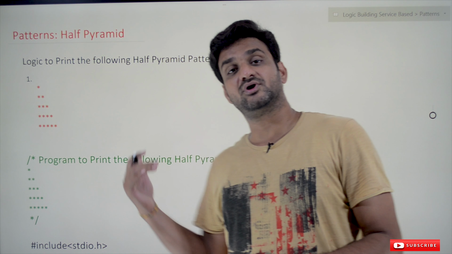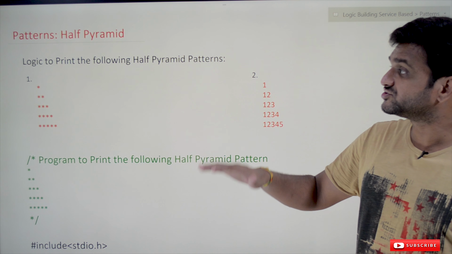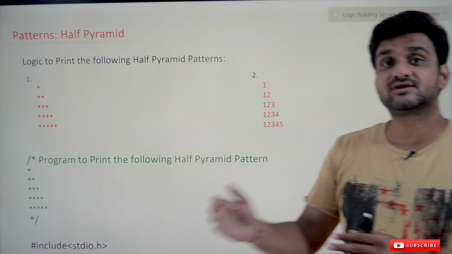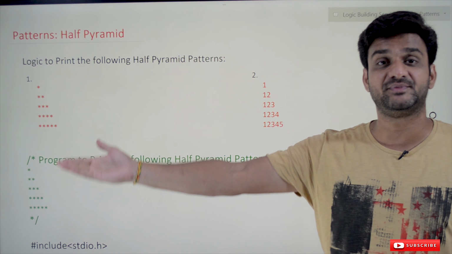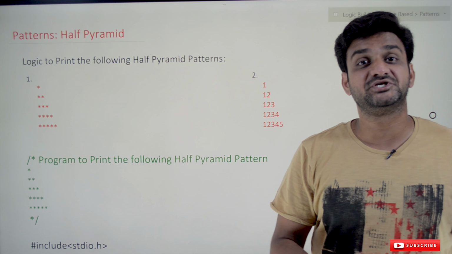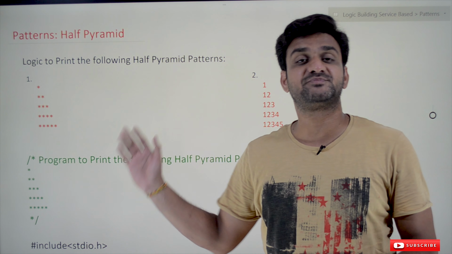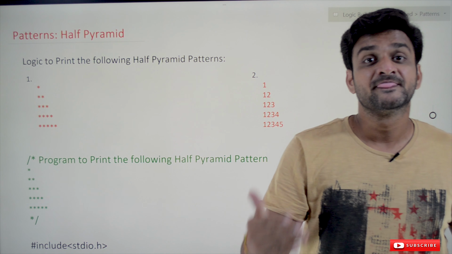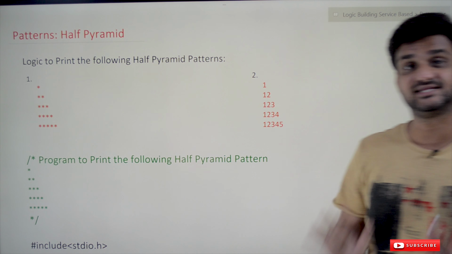So please try to concentrate more on this concept so that you can have a better understanding. We are going to start with the simple half pyramid pattern. In later concepts, we are going to develop logic for the full pyramid, diamond shape, rhombus shape, and hollow squares. We are going to solve lots of problems on these patterns, and understanding their logic will help you a lot in developing the logic for programs asked in placements.